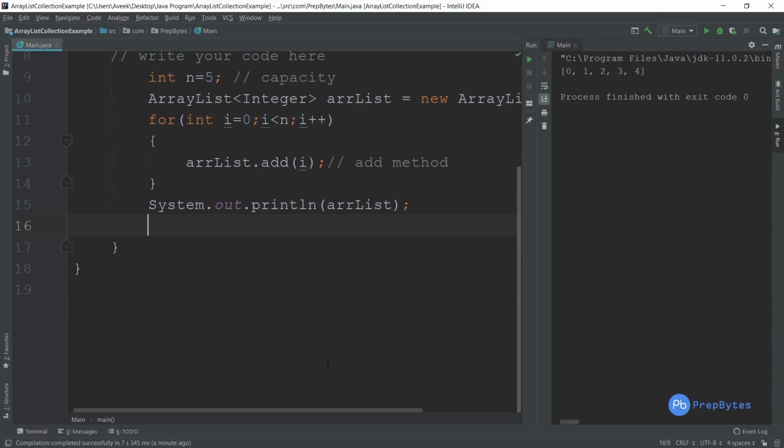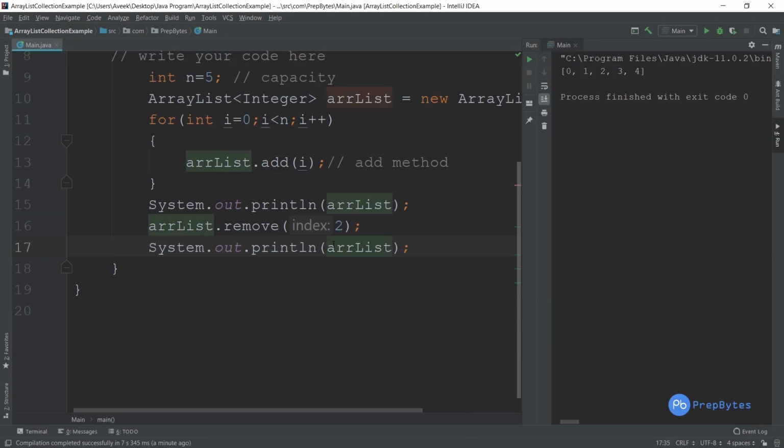So the next method we will be seeing now is remove. So ArrayList remove, and the index. I want to remove the element at index 2. What is the element at index 2? It is 0, 1, and 2, so it is 2. Now when I print, I will simply print the array list. So let's see, after remove, after